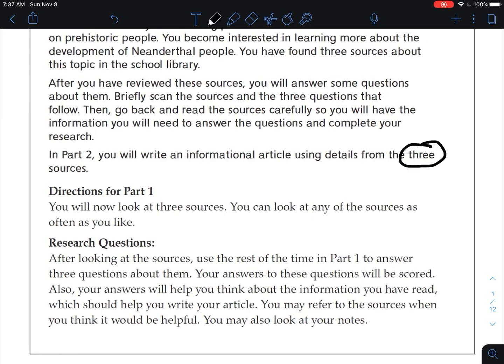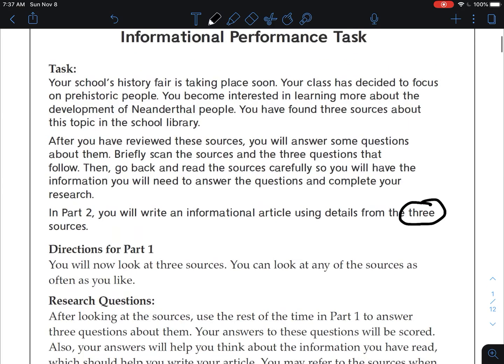Here's directions for part 1. All right. It says you will now look at 3 sources. You can look at any of the sources as often as you like. All right. After looking at the sources, use the rest of the time in part 1 to answer 3 questions about them. Your answers to these questions will be scored. Also, your answers will help you think about the information you've read, which should help you write your article. You may refer to the sources when you think it would be helpful. You may also look at your notes. Okay,